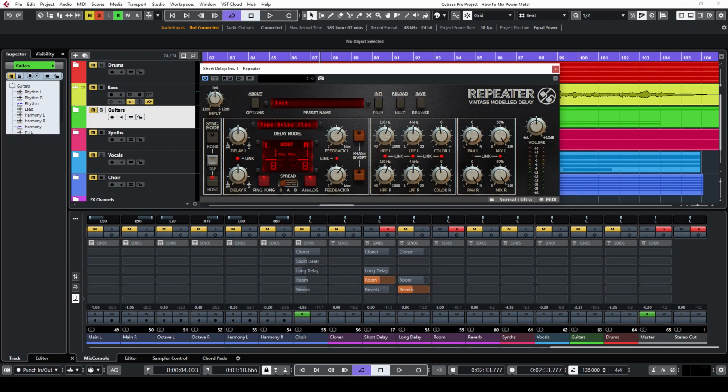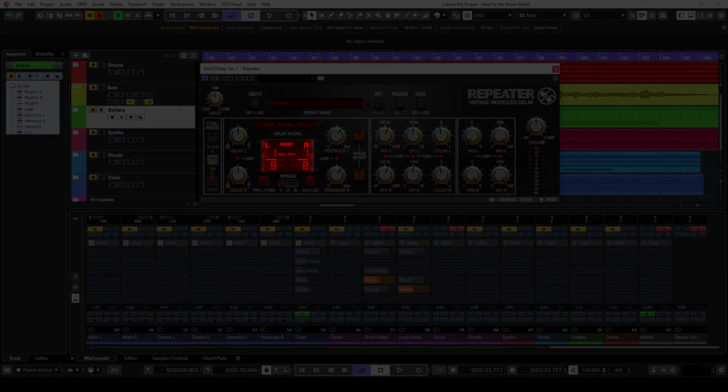For short delays I use stereo delay with delay times that match the tempo of the song and are relatively short. Most of the time I use 8th note or 16th note delays for this type of effect. In the mix I use a plugin called Repeater with 8th note delay time and with the analog and the ping-pong modes turned on. The delay model I chose was the Tape Delay Classic.